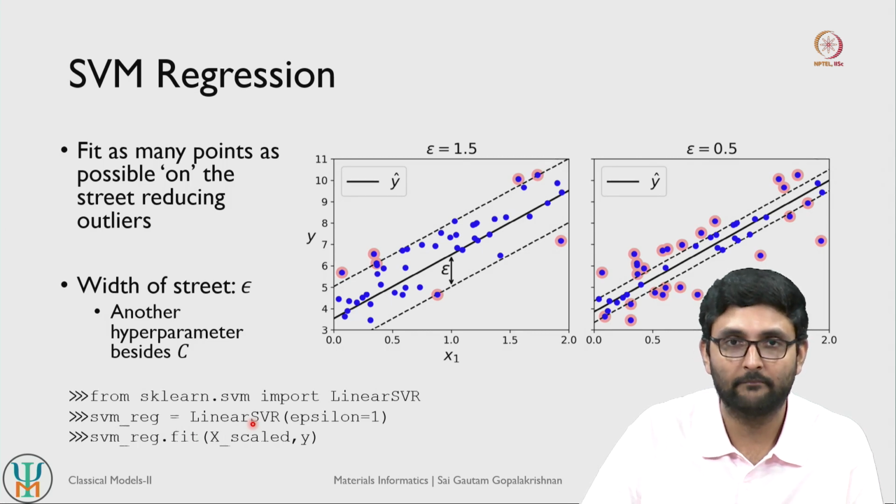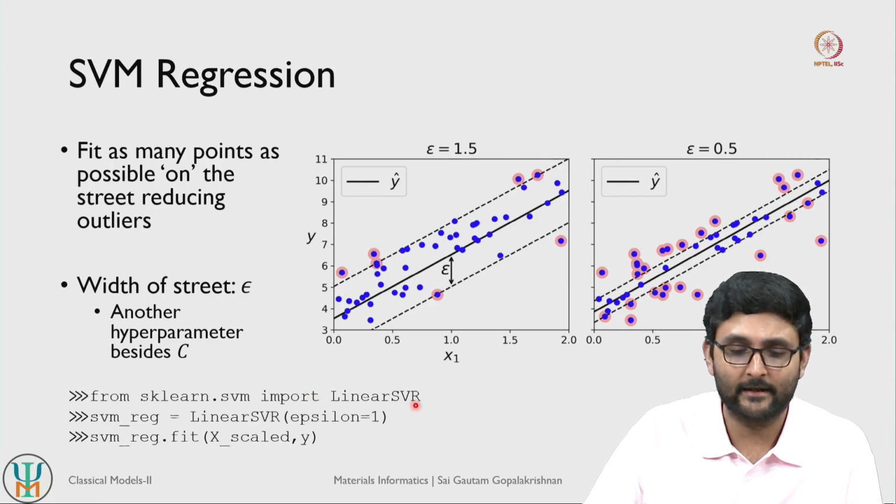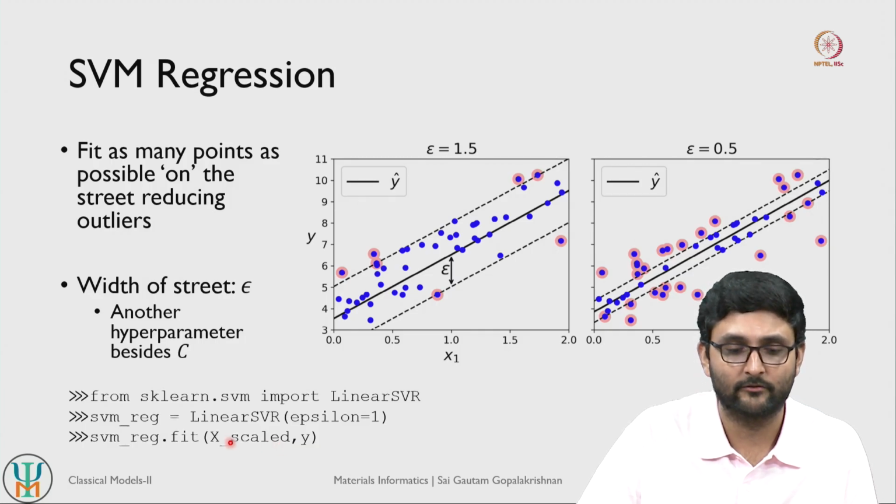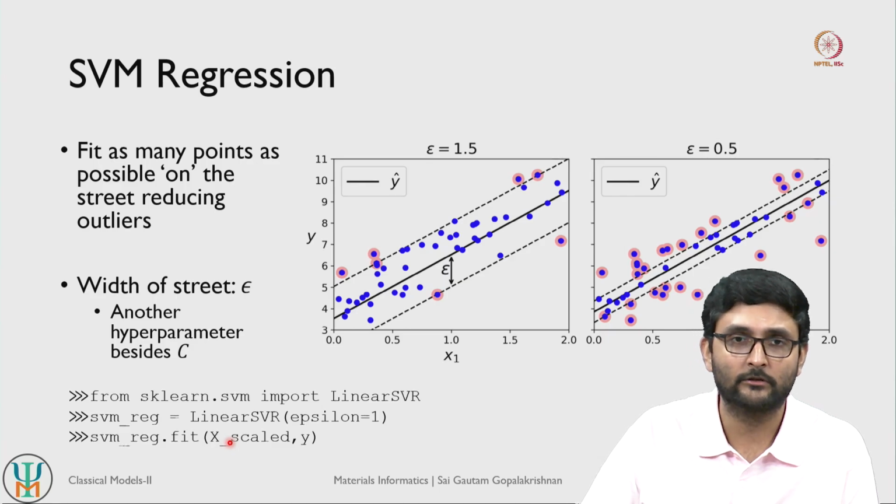So how do you implement regression with support vector machines? Once again, if you have a linear looking data set or linearly separable data set, then you can always use linear support vector machine models, and the regression model is just LinearSVR from the same SVM module, support vector machine module. When you initialize the class, you have to define an epsilon, the width of the street hyperparameter. You can also define an additional C hyperparameter here, and once again you fit using the fit function. Keep in mind that even for regression, scaling of features is fairly important, just like in classification. So make sure that your features are always scaled whenever you use support vector machine models.